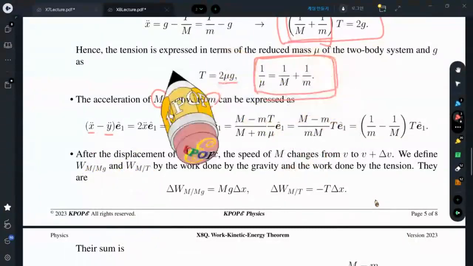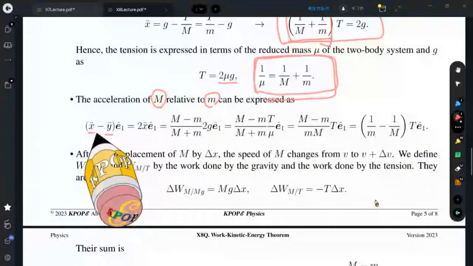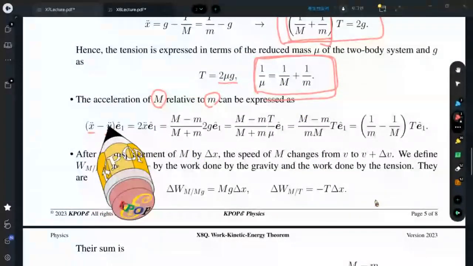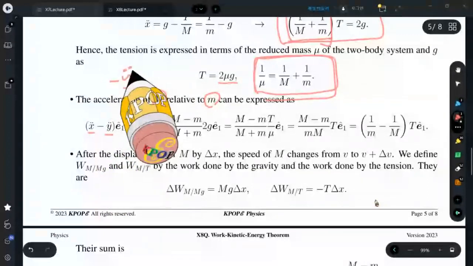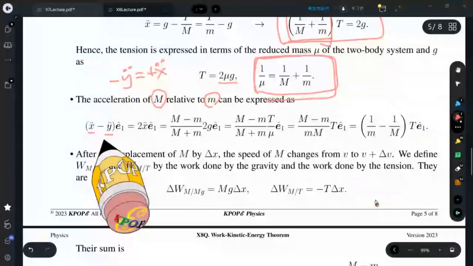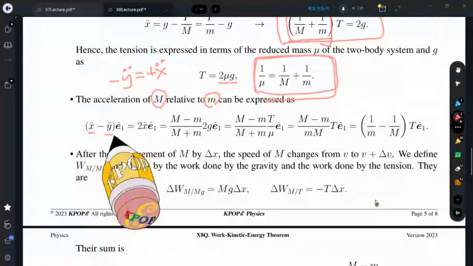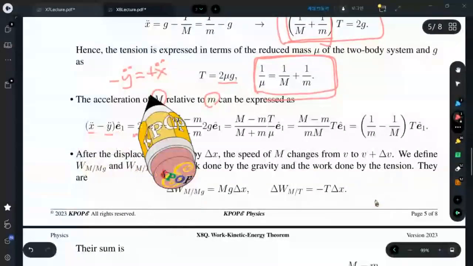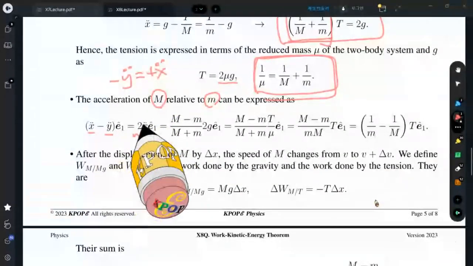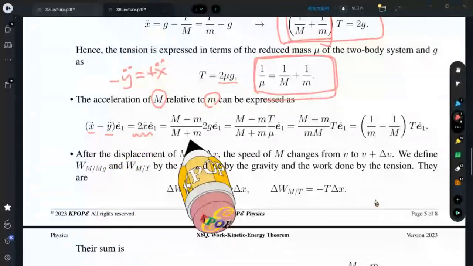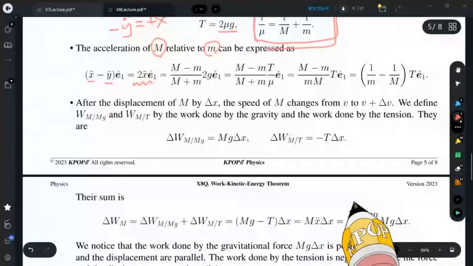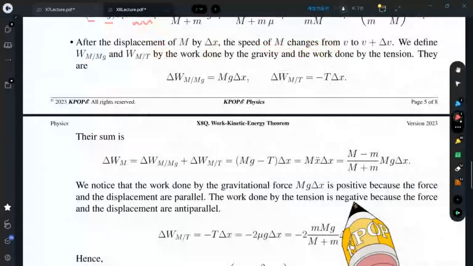So we substitute our previous result. y double dot minus x double dot is a plus x double dot, so this difference becomes twice the acceleration of x. And finally, we end up with the result. If you obtain the final result,